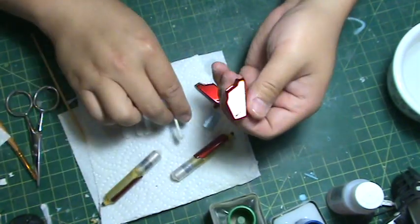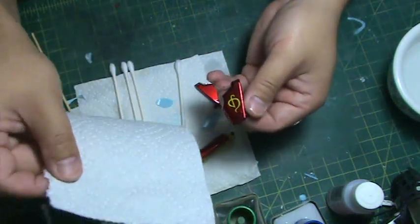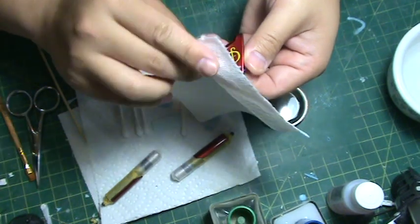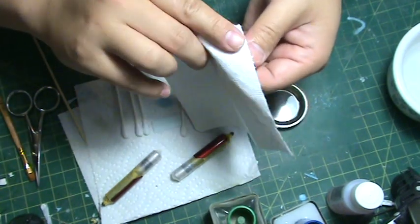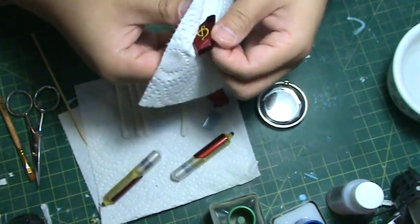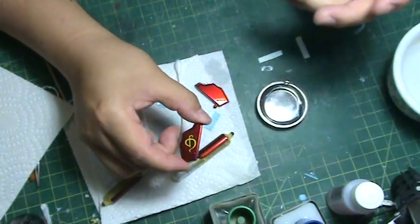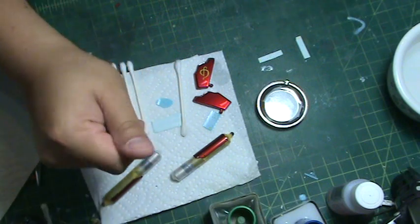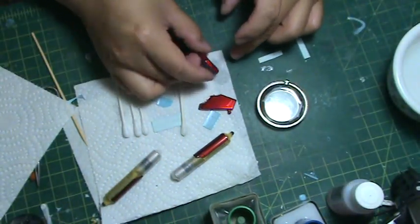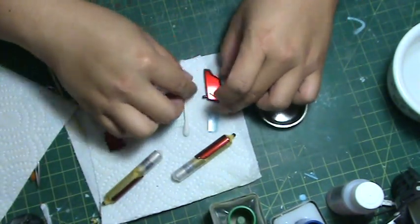So now that I have my decal in position, I can take another paper towel and carefully dab at the decal to remove excess water. Now the decal's in position, I can let this dry, or I can apply a little bit of a decal setting solution. I'm going to do that later after I finish working with these. So now I can move on to the other